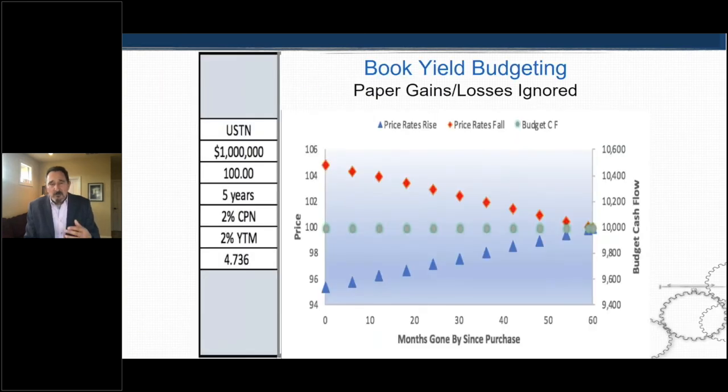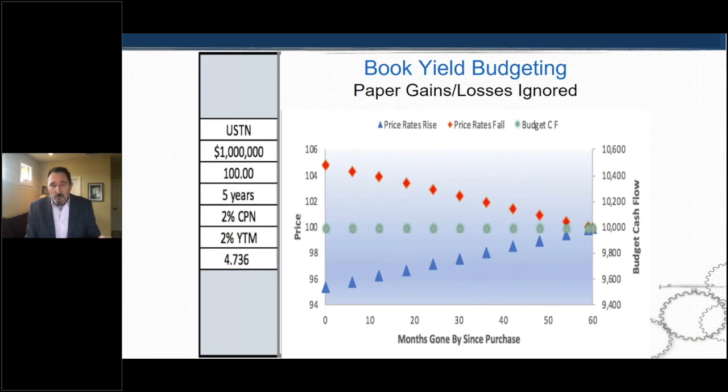Now, just again, to reemphasize the distinction between total return and book yield, in the construction process you're going to have a different look in a portfolio constructed around a budget than around total return. If you look at that middle line, the green circle, that is the income on a 5-year treasury, 2% coupon bought at par. That income is going to be the same regardless of the mark-to-market value of the portfolio. So you budget 2% for 5 years, there's very little uncertainty around that cash flow as it relates to changes in interest rates.